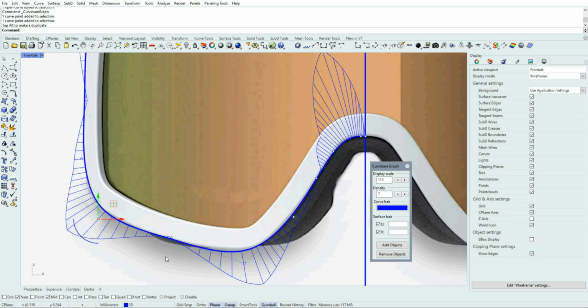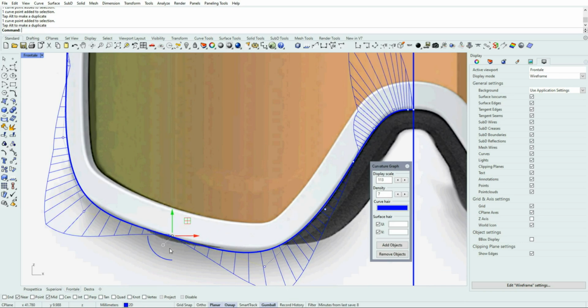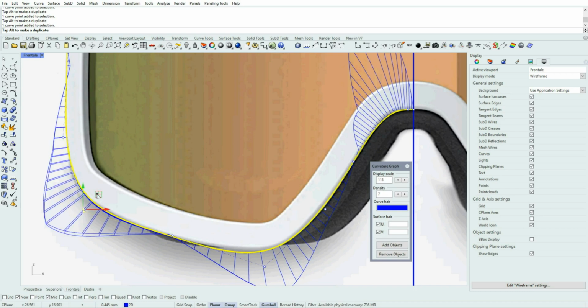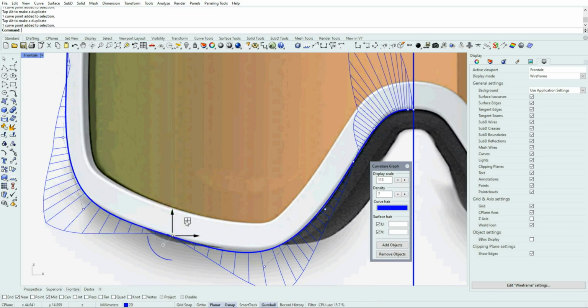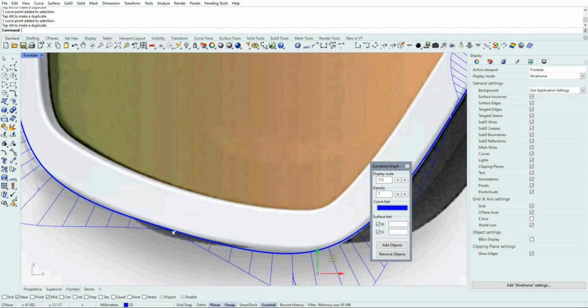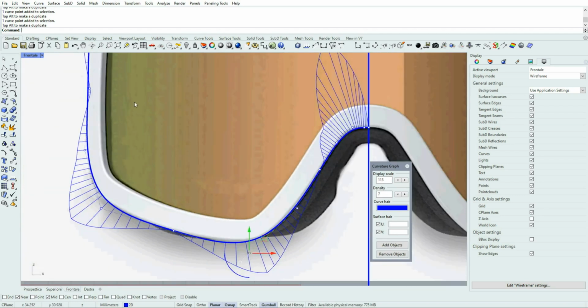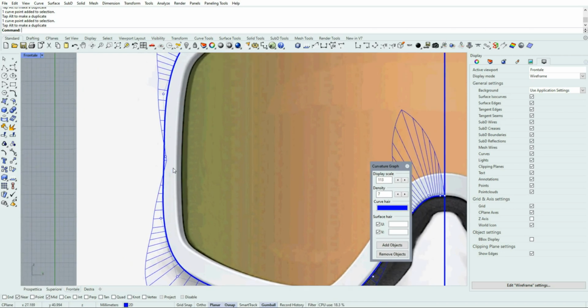the curvature, of course, and also the flow. So basically we want to keep all points outside the curve on the bottom in this case, and this is important to get very smooth curves.